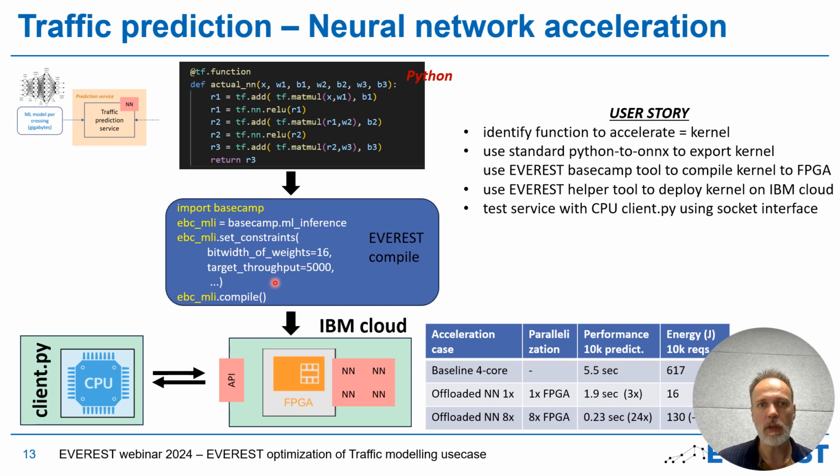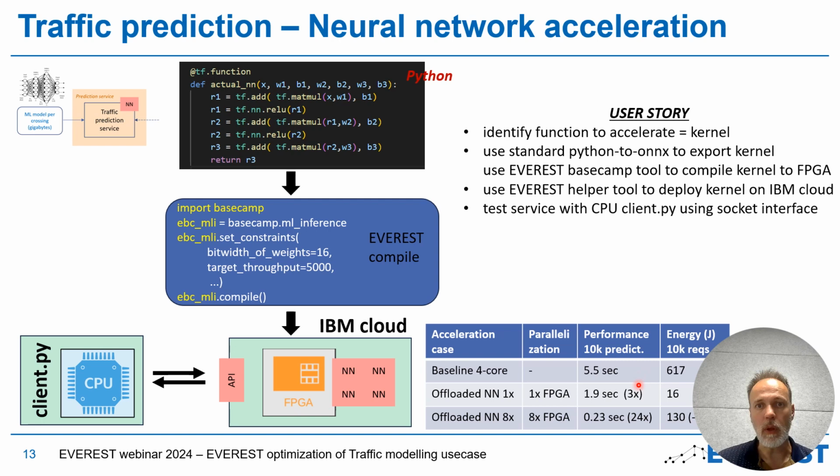After the compilation, the architecture may look like this. Multiple neural network instances are on FPGA and auto-generated socket API interface so that a client application can use it with a standard network protocol. Some results here. Our baseline application was on regular CPU architecture was taking 5.5 seconds for 10,000 predictions on 10,000 models,